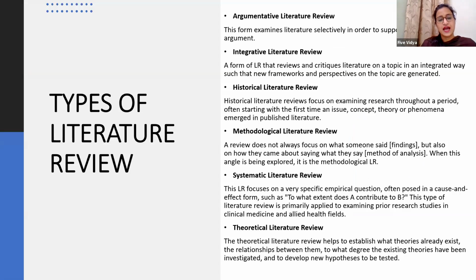Then there are different types of literature review which you can do depending upon the area of research you are doing. There could be different areas of research. It could be social science research. It could be management or medical research. It could be law related research. It could be technical engineering research. So depending upon the subject and the type of research you are doing, you can have different types of literature review as per your subject. A few I have listed down here, and the first is the argumentative literature review.